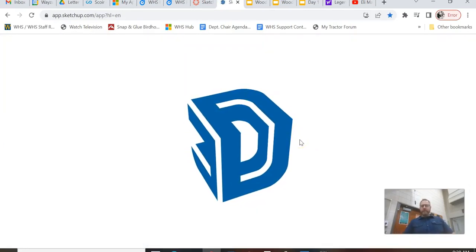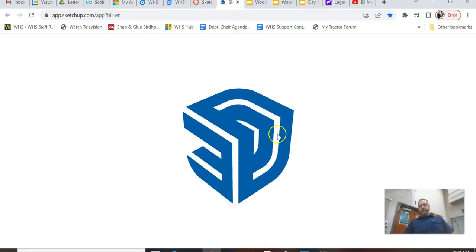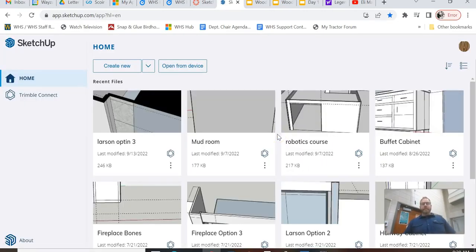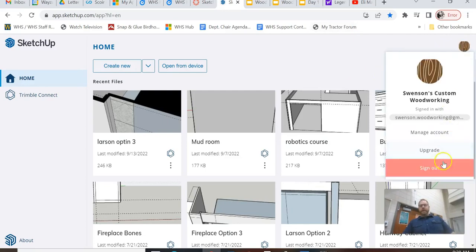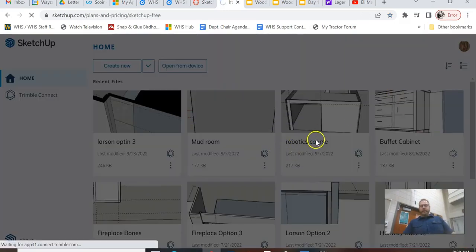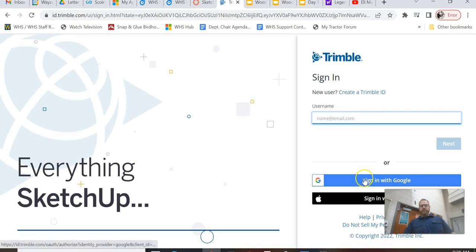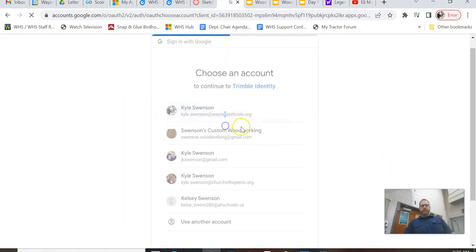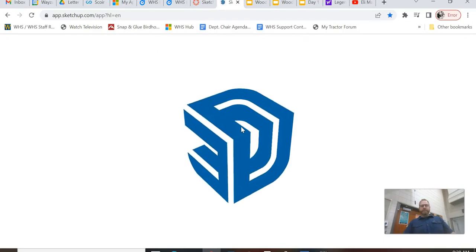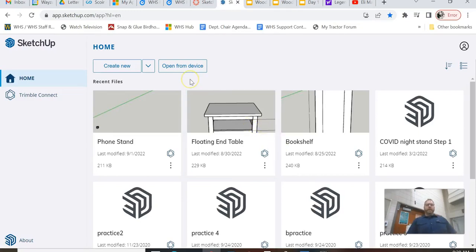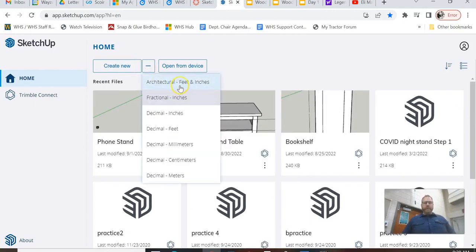Now I've logged in recently to SketchUp, and so it's not going to ask me all my login information, but you will have to push that login information in. Sign in with Google, use your school email address, make sure that you follow those steps, and I'm actually going to sign out because I am logged into my business's SketchUp, and I want to get back to here. So you're going to see this process: sign in with Google, wayzataschools.org. There we go. And now I want to create a new one, and I want to use the architectural or